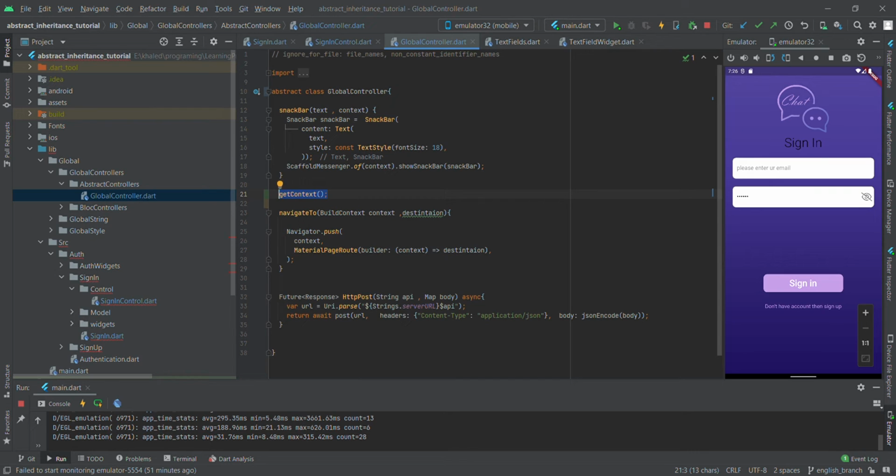So what we are going to do here, we are going to define a function. This is how to define an abstract function in Dart. So I'm going to define an abstract function here to get the context of the screen that I am in. Sorry, this is a new context that we are creating, so I should put it here. And also this scaffold. Okay,